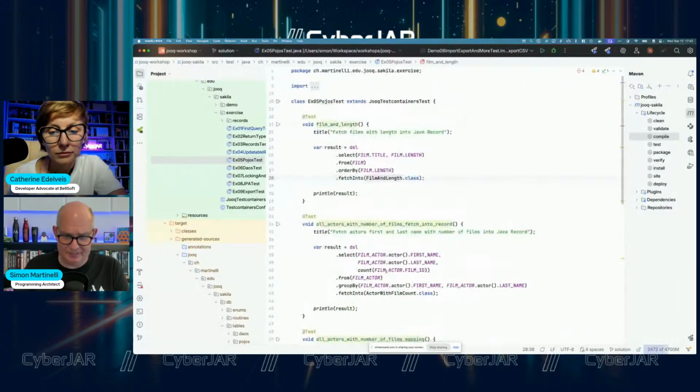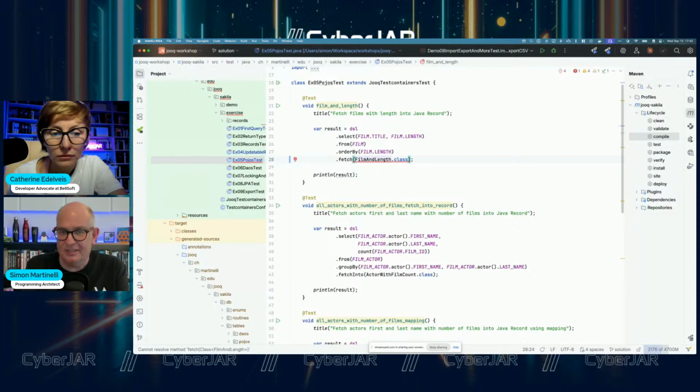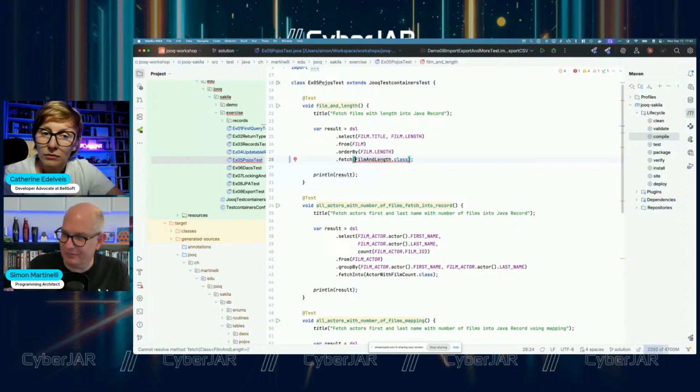So let's see where I have it. Let's do it like that. There's a fetch method. So there are many fetch methods, by the way. The regular fetch method just returns a list of results or records. Then we have fetchOne, where you can get one or null as a result. We have a method called fetchSingle that will throw an exception if there is no record with that condition, for example. And we can have fetchOptional, which is probably the best way if you don't know if you get the result or not. And you also have fetchLazy, for example. This will open a database cursor if you want to process a huge amount of data.